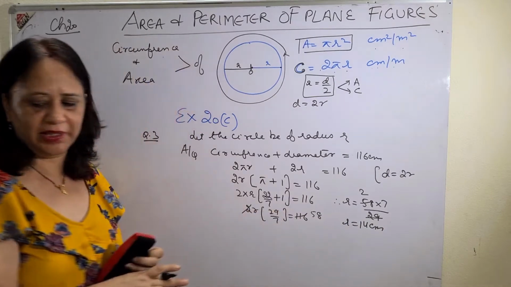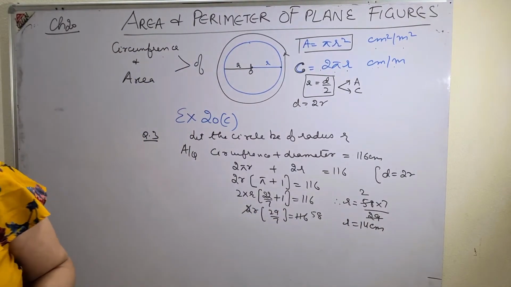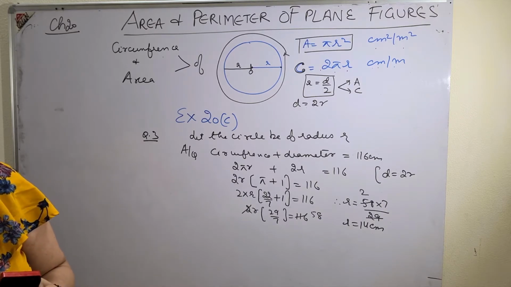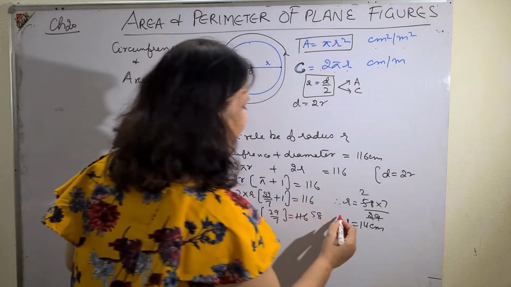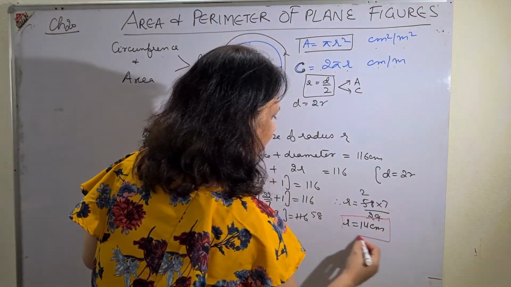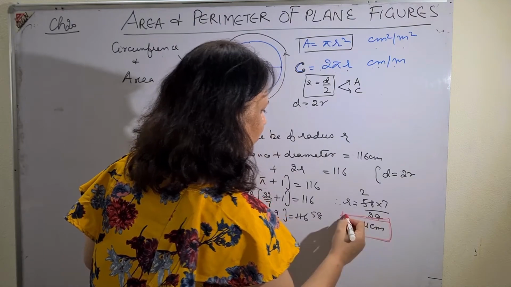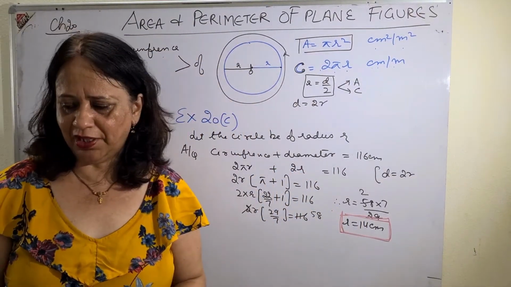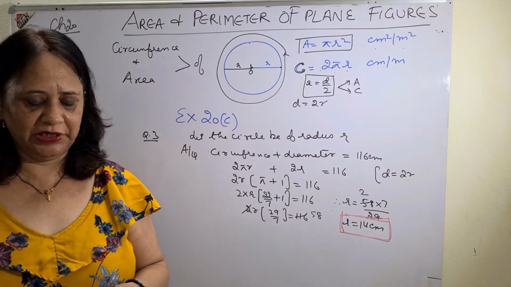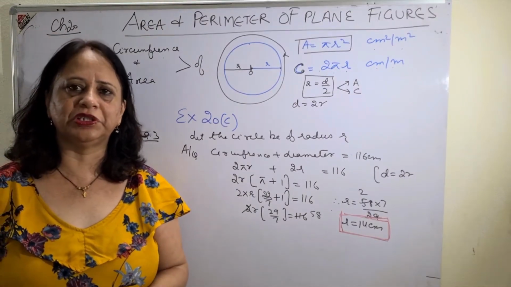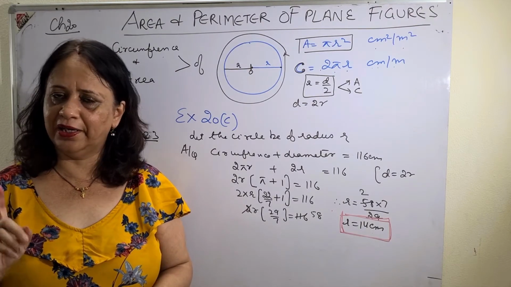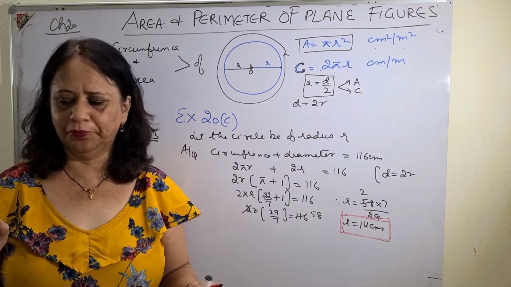You see, very simple calculations to be done twice. To be very sure, you have to do it in the rough column and check it twice at the last. Don't forget to encircle the answer. So this was a 4 marks question last time in the second term and 3 marks in the pre-boards. So see children, I am going to give you the questions importance wise, how important they are, and again each and every type I am going to discuss with you.